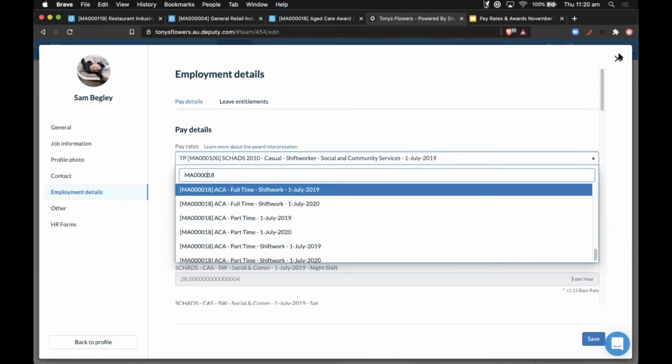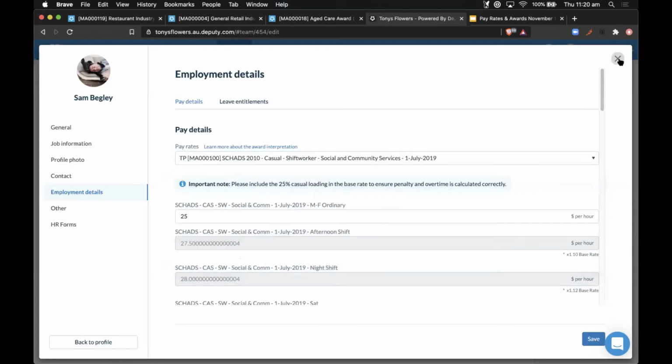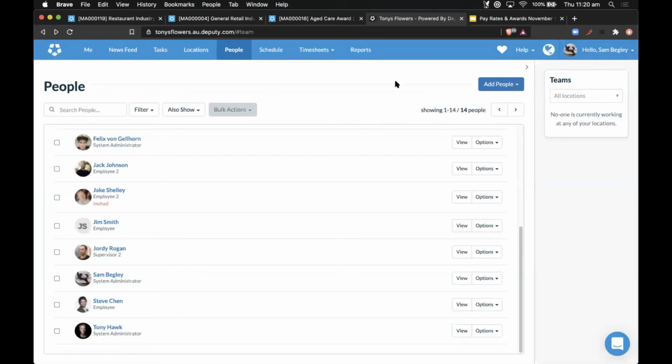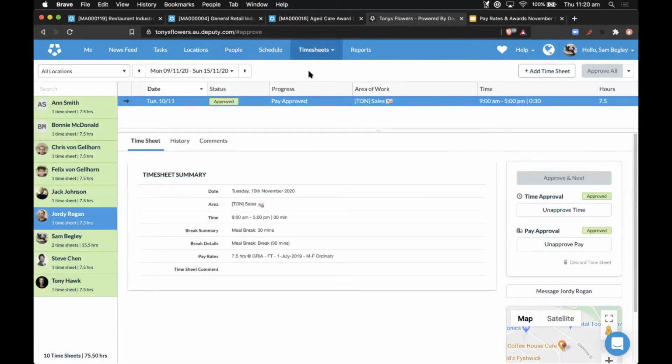So what I'm going to do now is spend a little bit of time in the timesheet approval section. This is going to allow us to work through a few more hypotheticals of what it's like when we need to go back and check some stuff in the people tab and resave some things. But the timesheet approval process is usually where you find the timesheets that you need to work on.